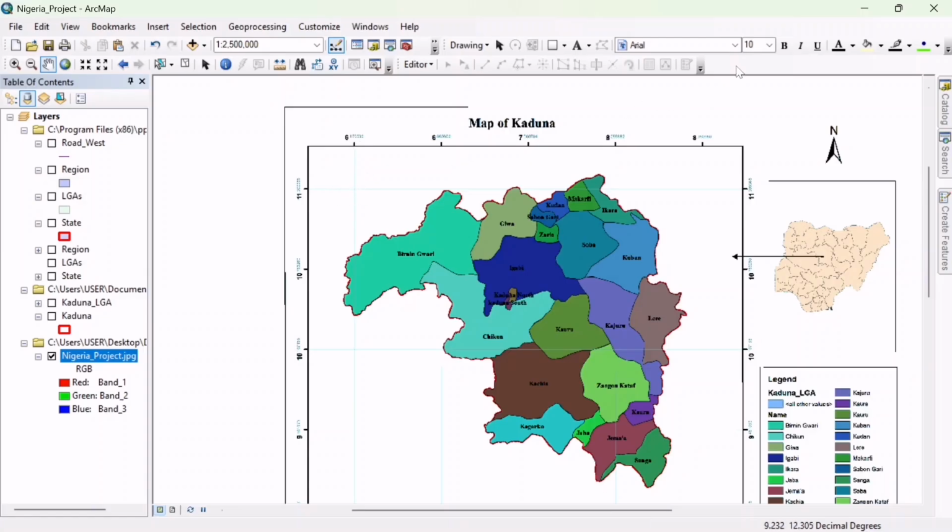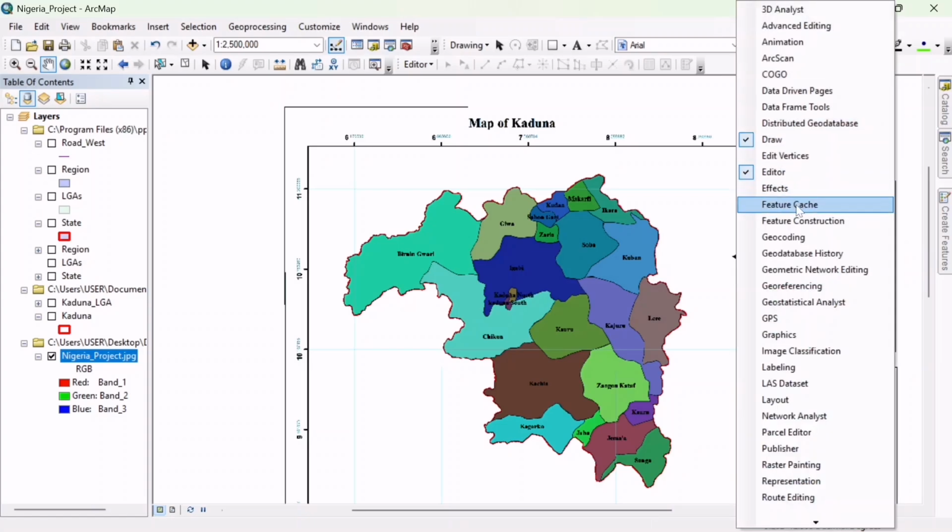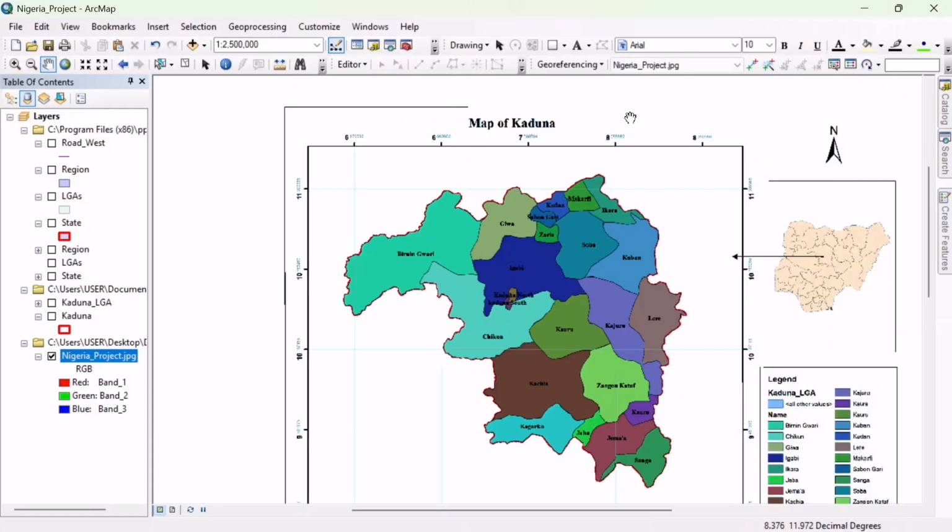Let's go ahead and add the georeferencing tool because it's not here. If you right click on this toolbar, any tools that you're looking for and you don't see within this interface, right click here and you will see them, depending on what you're looking for. Once you check the box, it's going to appear. And this is Georeferencing as it is here. And the layer that we want to georeference is the Nigerian map,